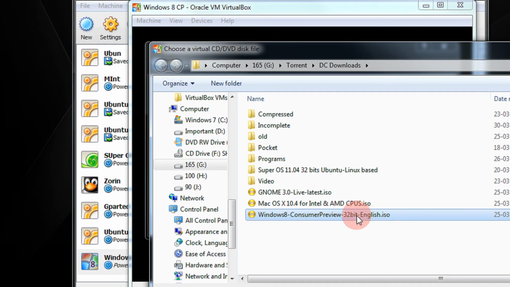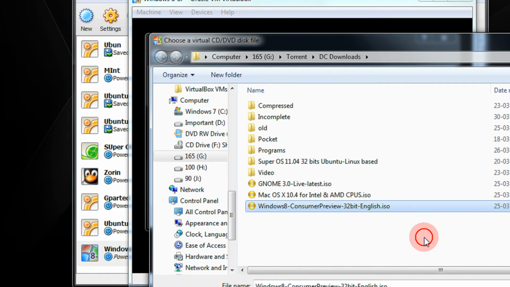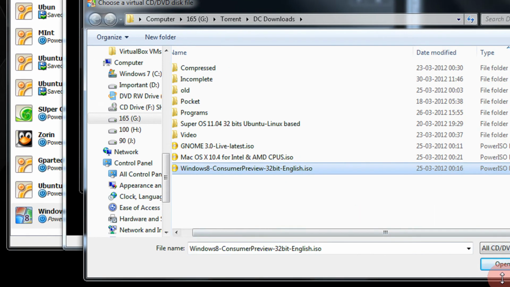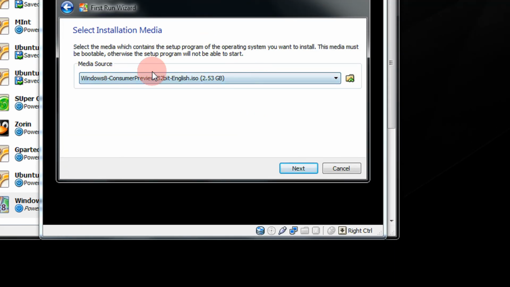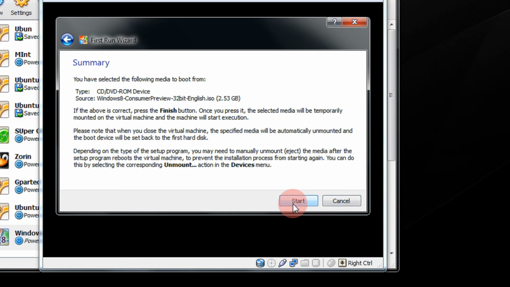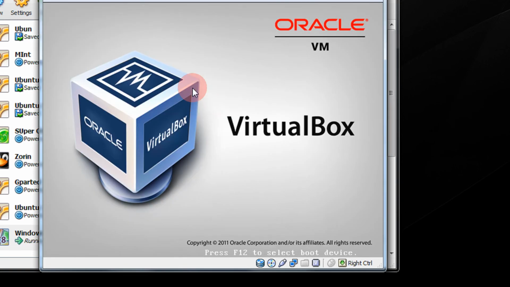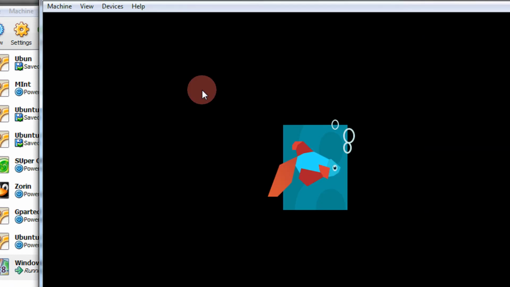If you have a 64-bit ISO, you can select that. Just select it and click Open. So the media source is added. Now go to Next. Everything is fine, so click Start. There you go, now we will start our Consumer Preview.